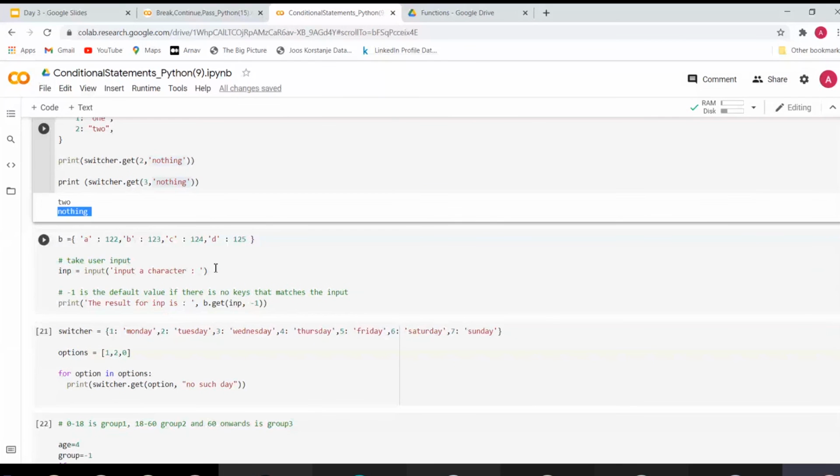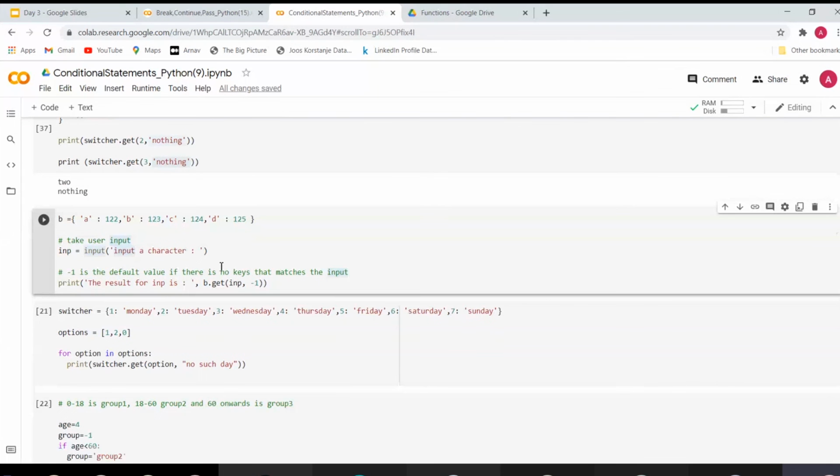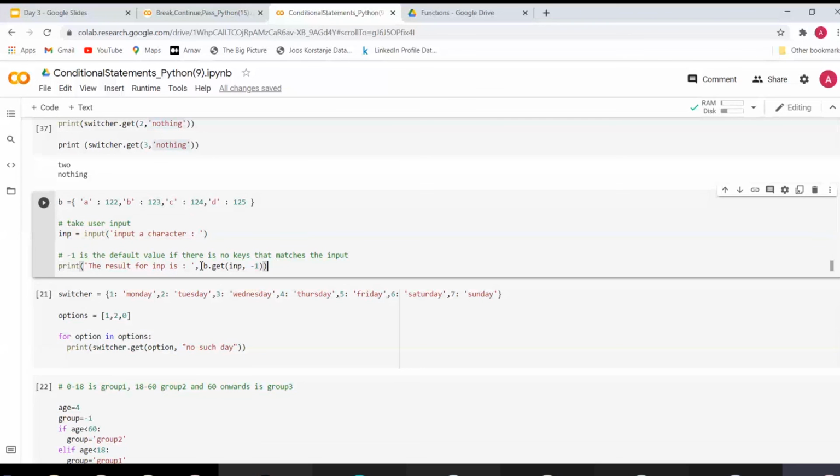Okay, so similarly over here, you can take an input from user and you can use it in the similar way. Over here, B is our dictionary input. We pass input variable from the user to our switch case, and our default case is -1.